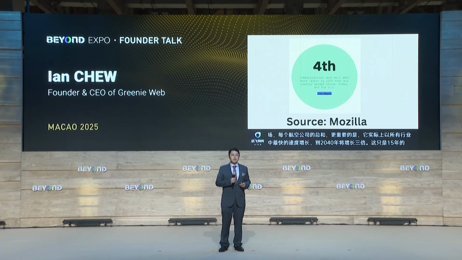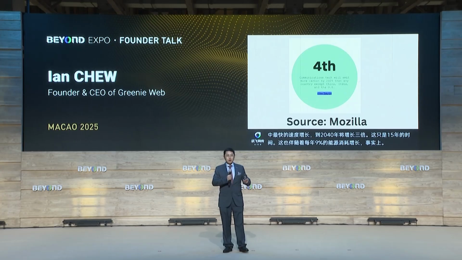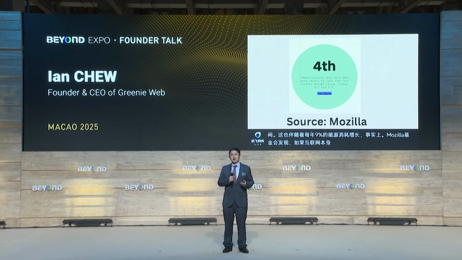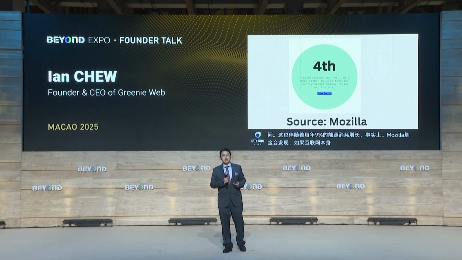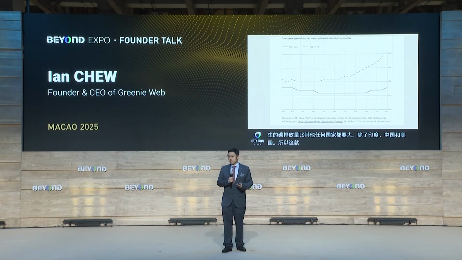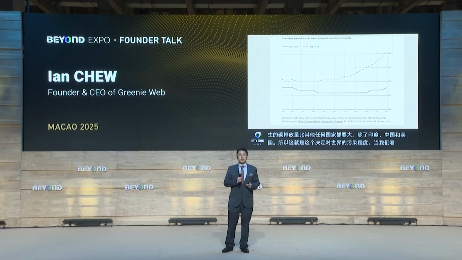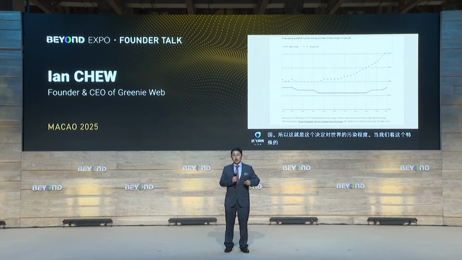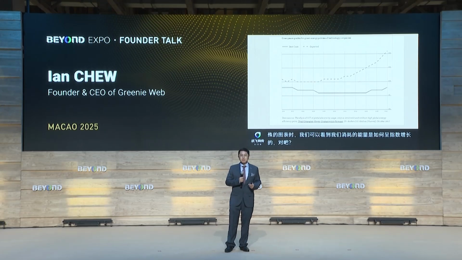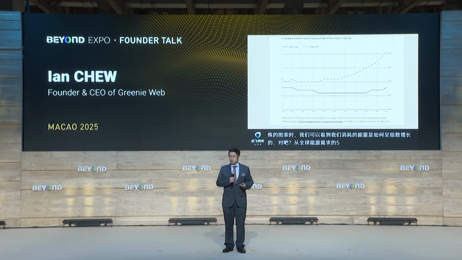In fact, Mozilla Foundation found out that if the internet were a country in itself, the amount of carbon that we produce from the internet is larger than every other country except India, China, and the United States. So that's how pollutive the digital world is. And when we look at this particular graph, we can see how the amount of energy we consume is increasing exponentially, from about 5 to 10% of the global energy needs to about 20% of the global energy production that will be dedicated to the digital world.